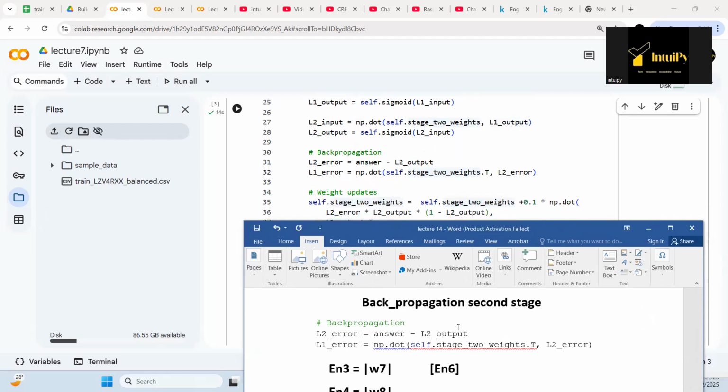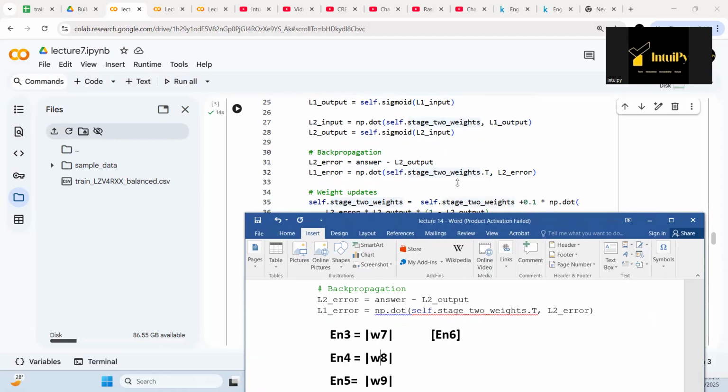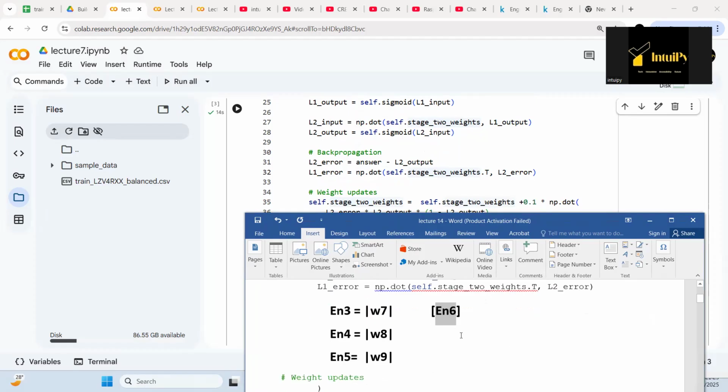Remember this, we did this, that we had to transpose. So you can see T, you have the weights W7, W8, W9, the weights at stage 2, you transpose it. In this case, it becomes a 3x1 column, and then that goes with the layer 2 error, which is EN6, that's the error at the output layer, which is 0.44. And then you do your matrix multiplication, this times that, this times that, this times this,